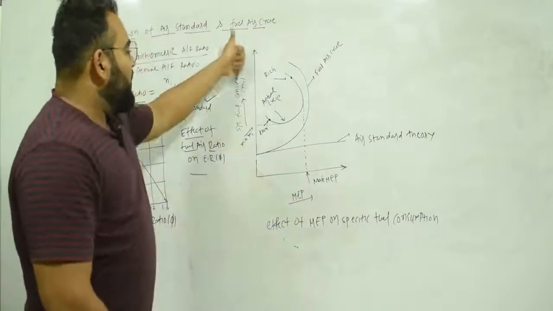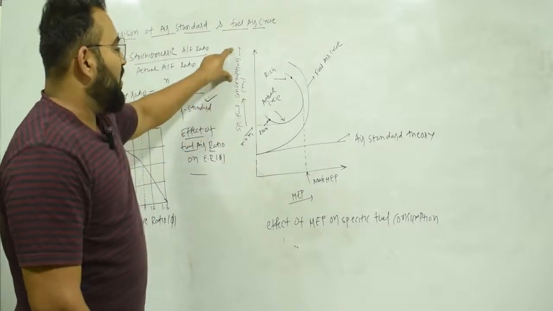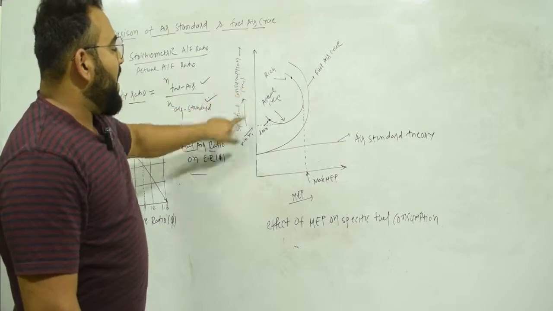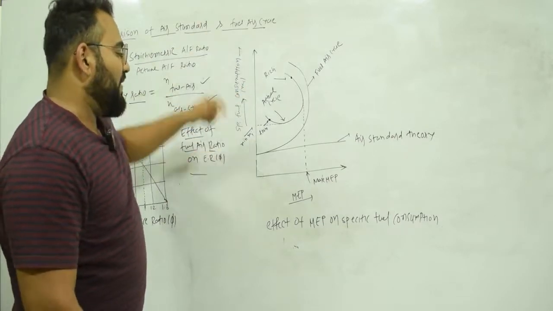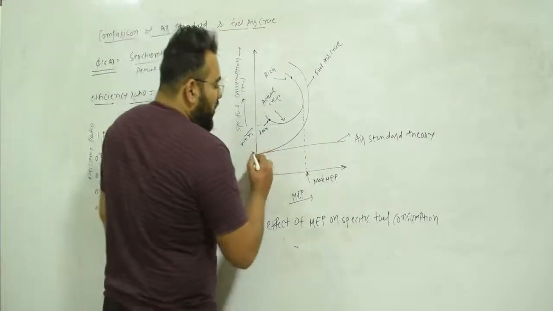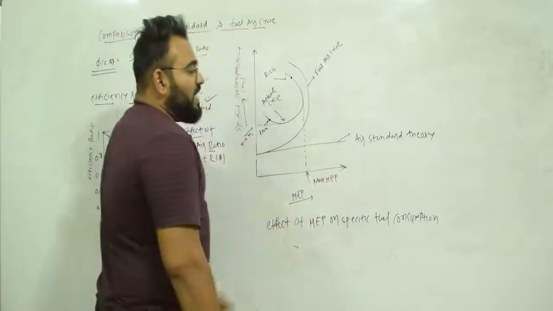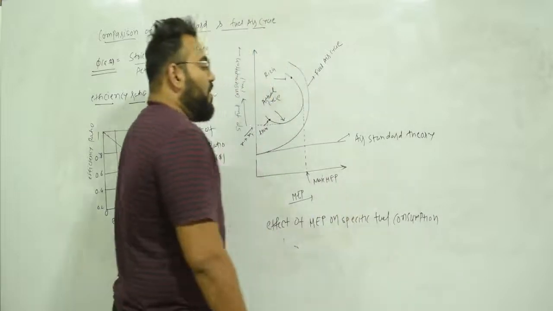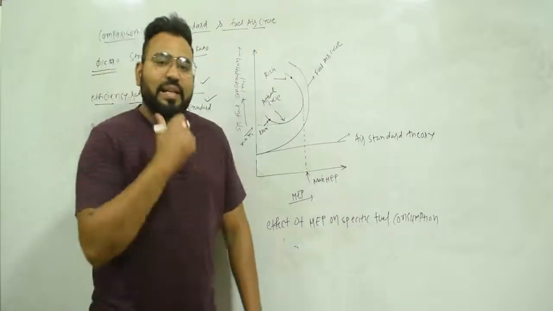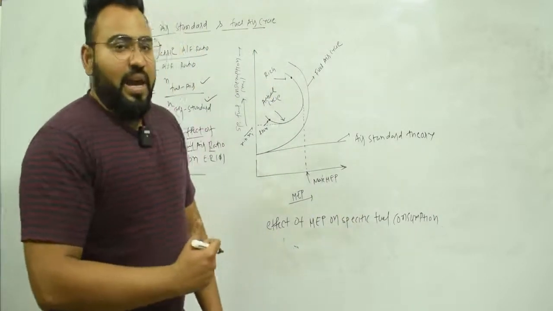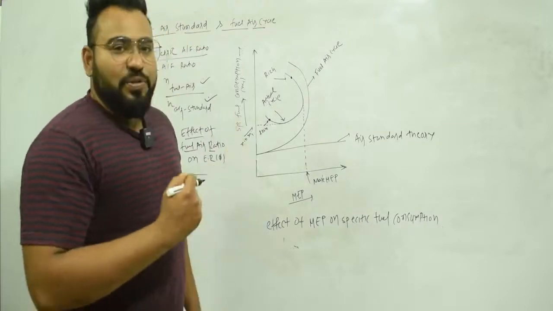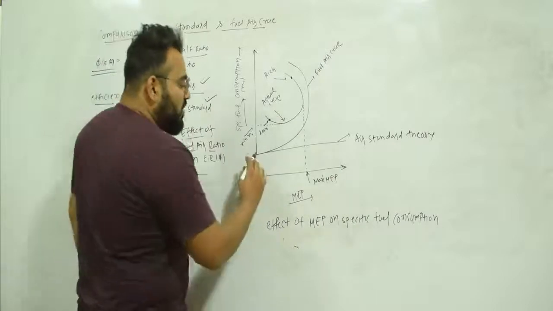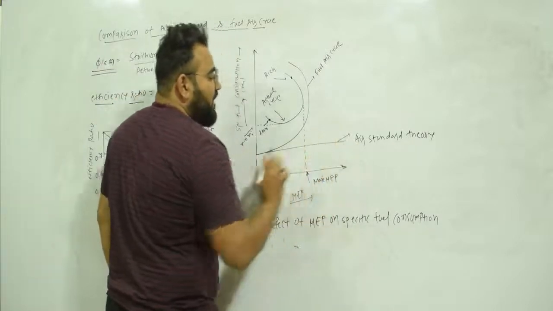And on the y-axis you have specific fuel consumption, which is denoted by MI. Now here you can see there is one horizontal graph which is air standard. So why is there a horizontal line for the air standard cycle? Because you know that for the air standard cycle the air is the only working substance, and if the air is the only working substance, then the mean effective pressure will be constant for the air. So that's why you can see that this is the horizontal line over here.